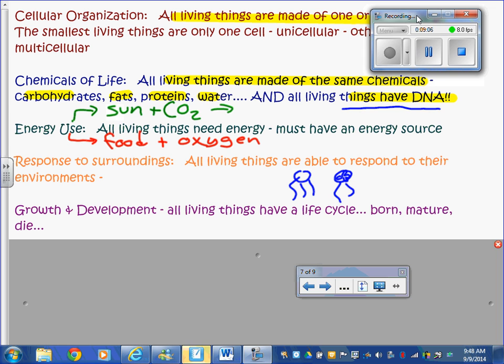Gotcha. And the other thing too is single-celled organisms, bacteria, they divide into two, right? That's how they reproduce. So does one of them die? If they keep multiplying, they keep making more, but does that count as two new babies and the adult died, or does it count as it just made more? Alrighty, good point. So it has to have a life cycle where it changes, it doesn't just grow bigger.